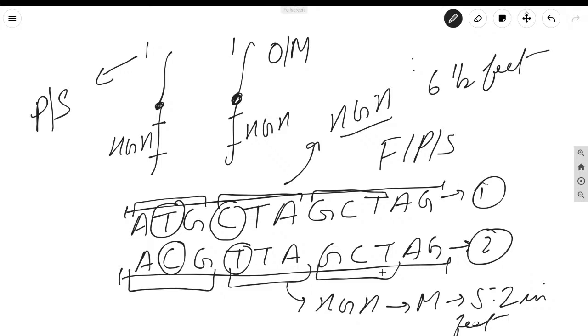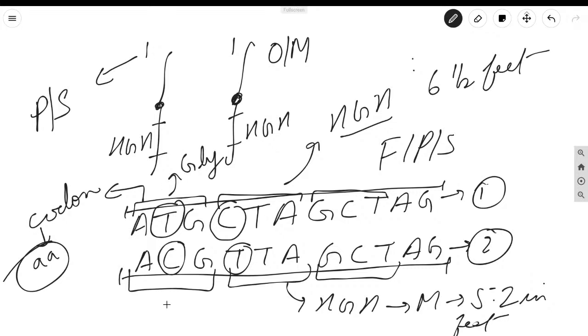Groups of 3 nucleotides are known as codons. This is known as a codon, and each codon codes for one amino acid. That is how proteins are produced from DNA. That is how the DNA determines the sequence of the proteins. So ATG, suppose, codes for glycine amino acid, ACG, suppose, codes for leucine. So didn't you change the amino acid here on the first position? Now suppose this one is coding for serine, and this TTA is coding for alanine. So again the amino acid changed.